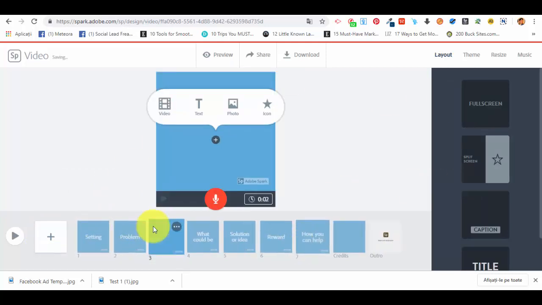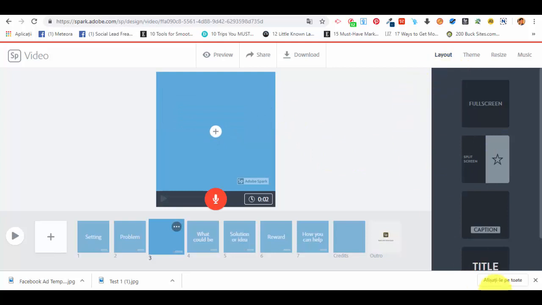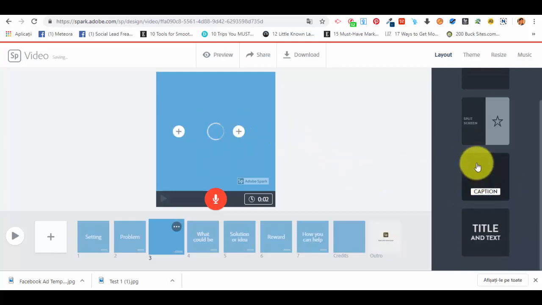If we want to add another slide, we just add it, and we have selected it to be the first slide. Now this slide is already selected, so I'm going to show you how it works. We have a plus button here. That means that on this slide we can add whatever we want, a text, a video, a photo, or an icon. Now in the right side of the screen we can see that we have a menu with different layouts for our slides. We have full screen like it is right now, split screen, so we will be able to add two different types of elements, a caption type of slide,